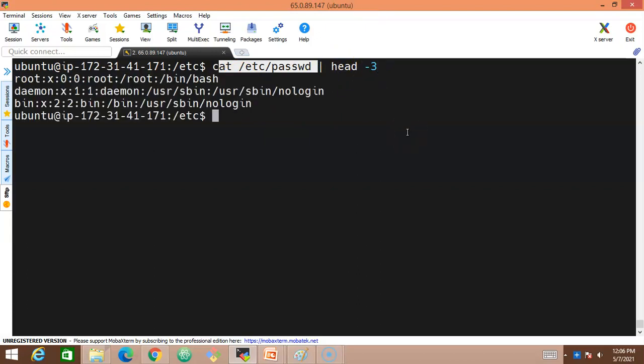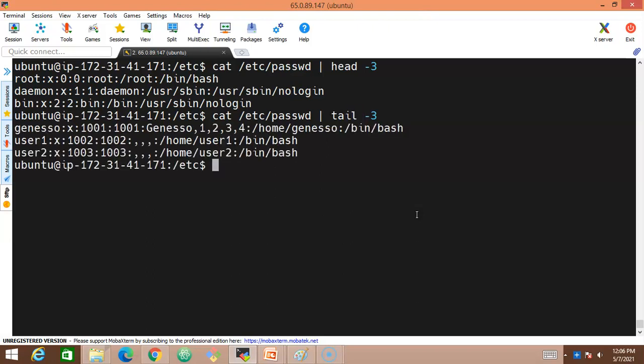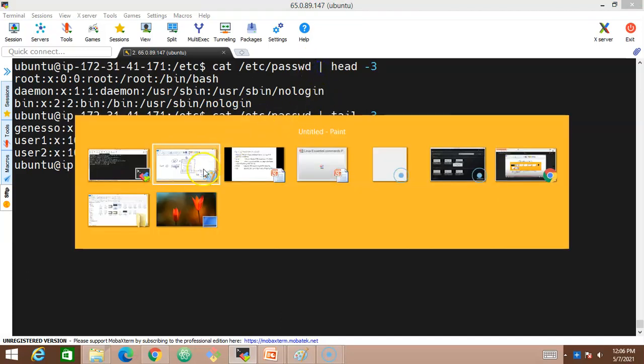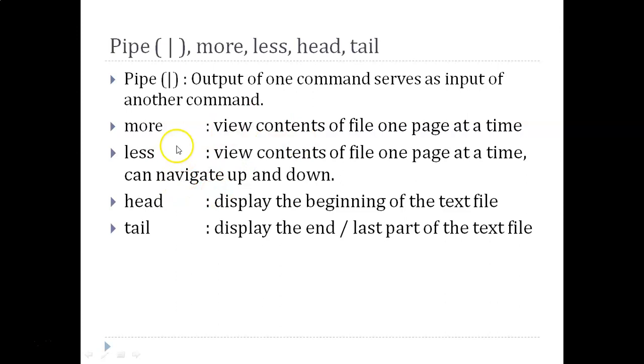So let's see here. See, look at this. I can make use of the same command again. I'm using the up arrow to get the previously executed command. I'll simply use tail and press enter. See, look at this. Now I'll get only the last 3 lines of the file cat /etc/passwd. So this is the usage of the pipe command. These are simple and very important commands, and at times they're very useful and necessary for us.